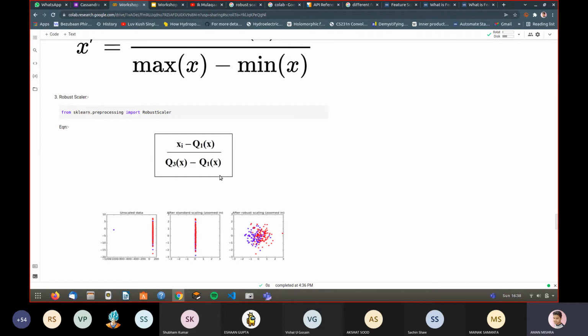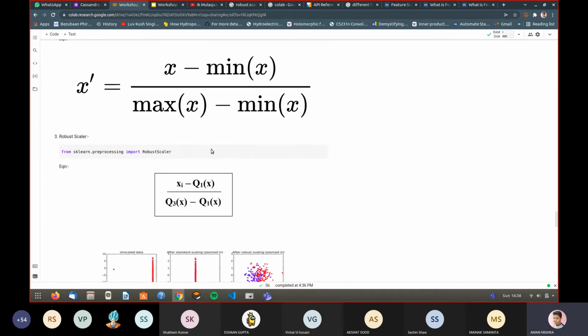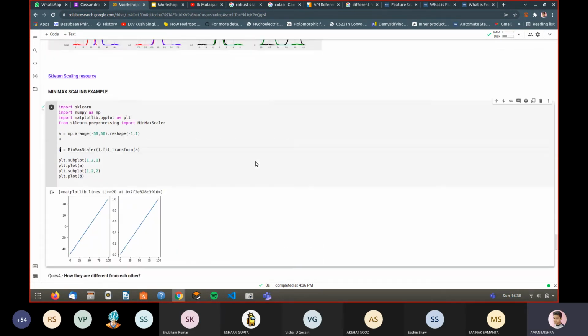As you see from this picture, most of your data is around the median. So the min-max scaler will not take that into account, and it will greatly affect your Q3 score. Q3 will go somewhere here. So what it does is that it does not take the maximum or minimum. It will take a wider range into account, that is Q3 and Q1, to account for the scaling factor.